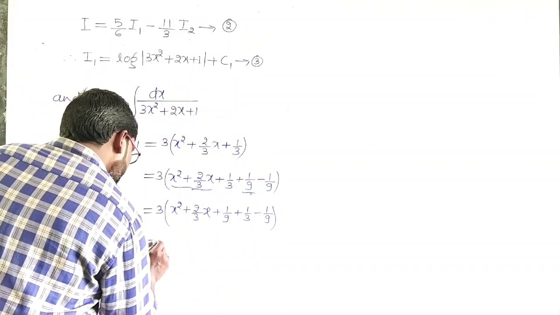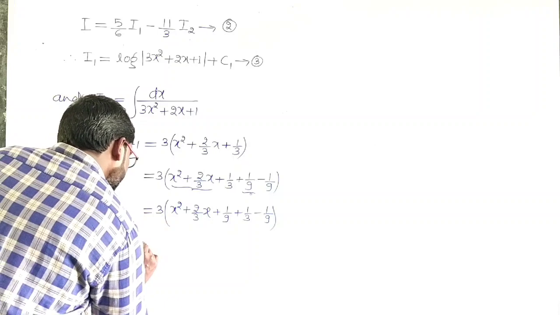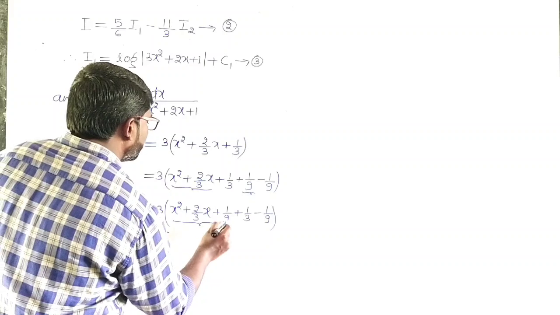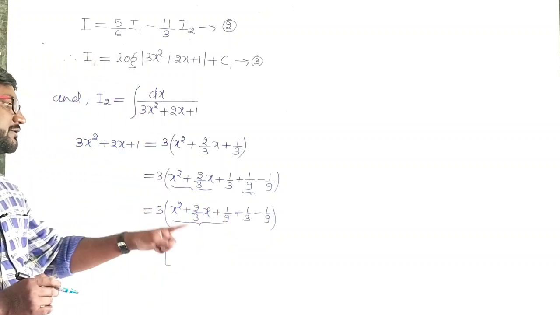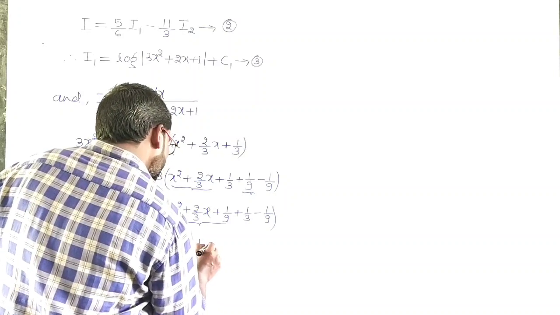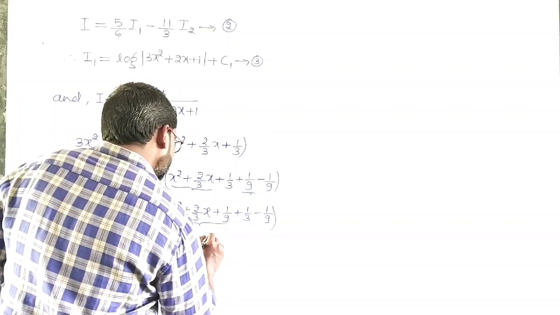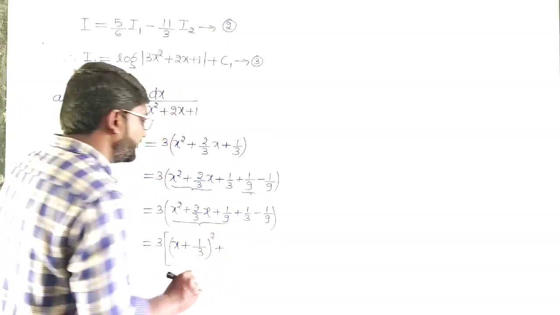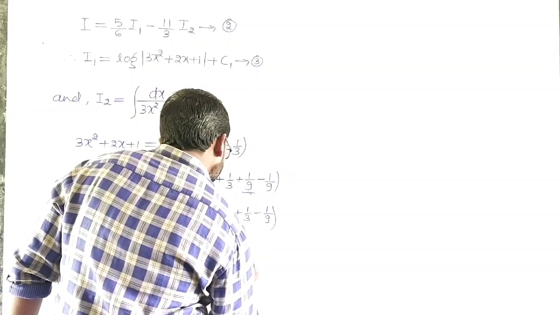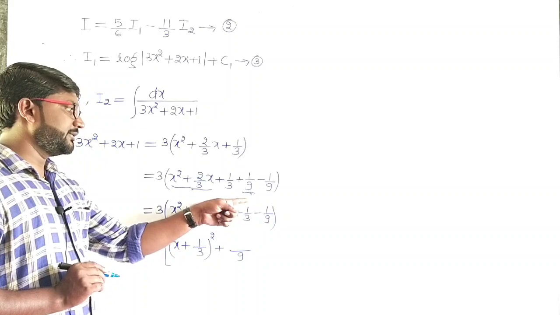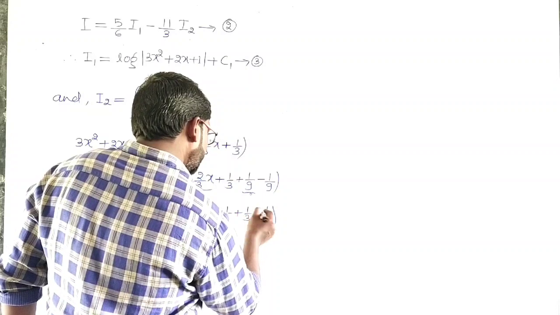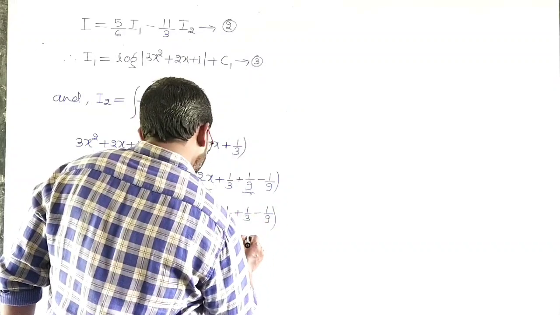So which is equals to 3 outside as it is. So here now these 3 terms together can be written as x plus 1 by 3 the whole square, plus here we have to solve these two. The LCM is going to be 9. Then 3 3s are, so it is 3 minus 1, that is 2. So we get 3 minus 1, it is 2. 2 by 9 the whole square.